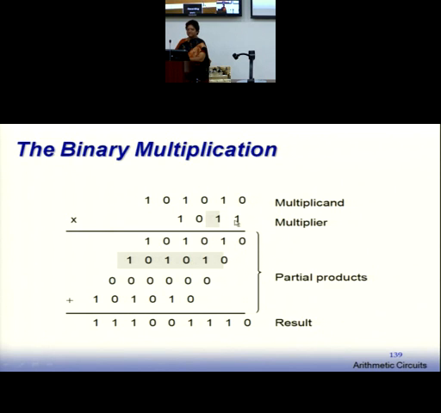Because it is either 1 or 0, either the multiplicand comes as it is, or the multiplicand becomes all zeros. When you multiply with 0, all 0 bits will come. These are called partial products, and then we add all of them together to get the final result. This is the normal way we understand any multiplication operation. So how will you implement it? Suppose I want to implement it as it is. What's the way? How would you do it?